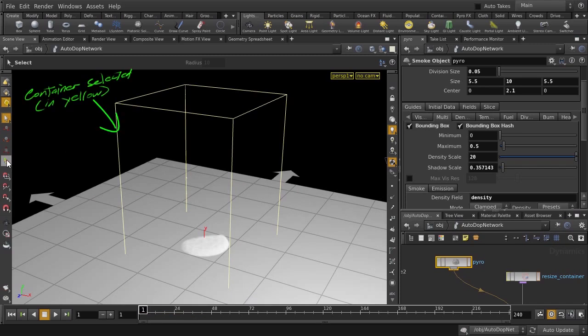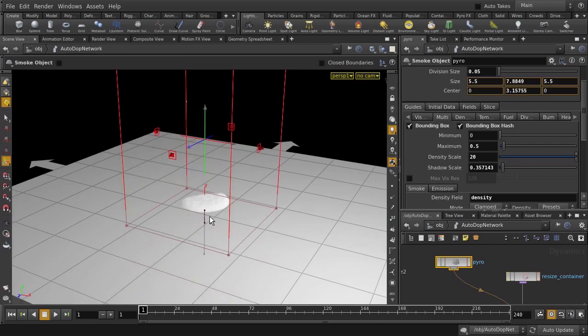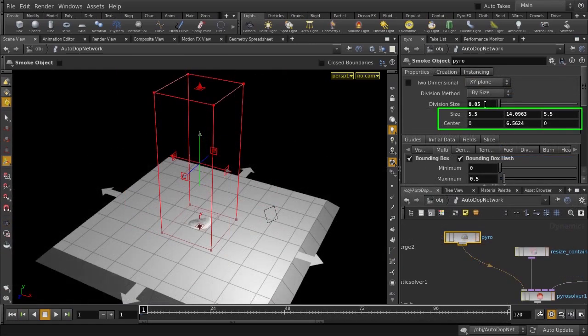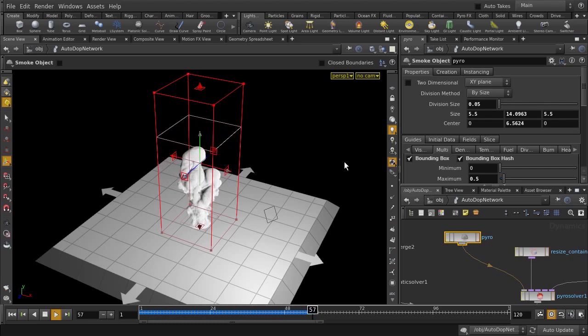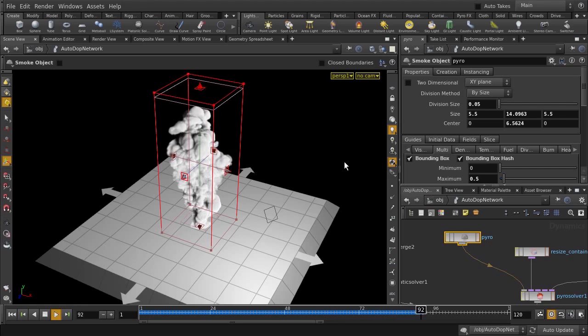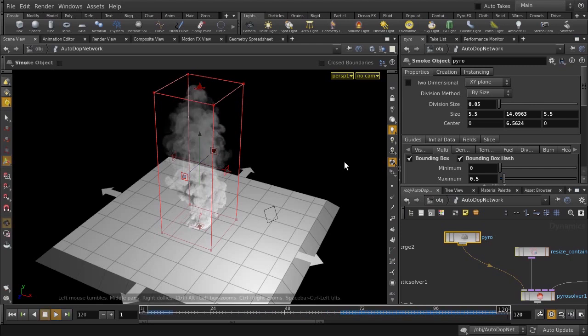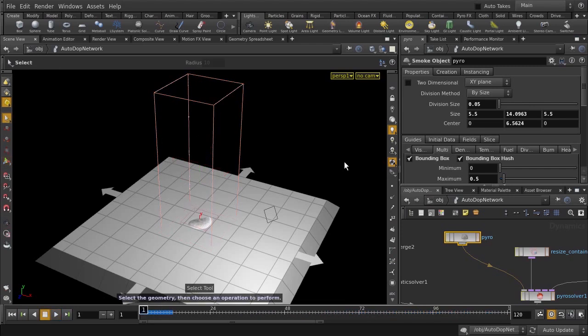So with your container selected, click on the Handle tool, and then click on the red arrows to adjust it manually. So here are the container parameters that we've settled on. And let's have a look at our smoke. So I've sped up the video here, and we're just using this as a preview to make sure that our smoke doesn't get clipped at our present container size. And it doesn't. So let's up the resolution, change the division size to 0.02, and we'll let Houdini just update